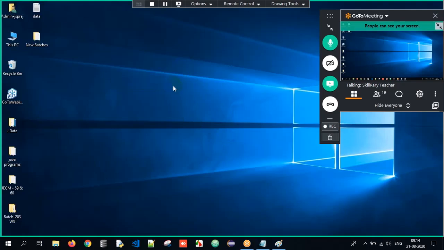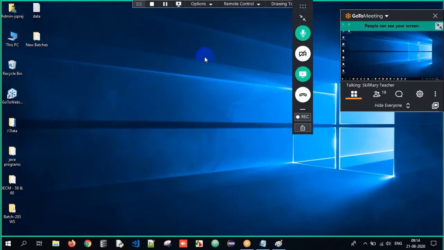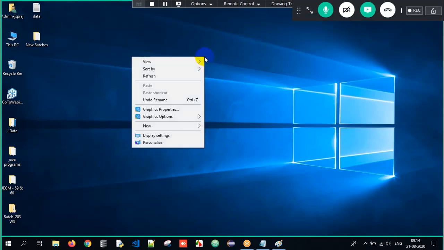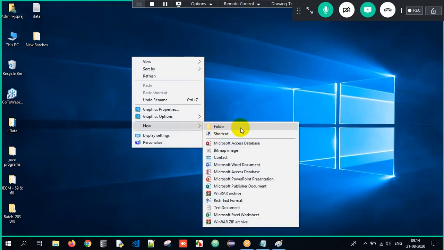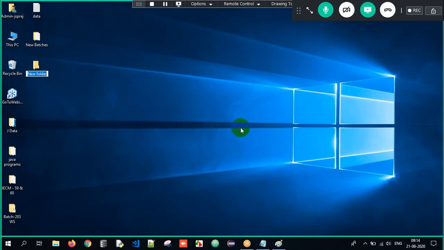Either on C drive, E drive, D drive, wherever you want, you just create a folder. I will create a folder on the desktop only. Right click, new, and click on folder. It is asking me to give some folder name. I will give it as